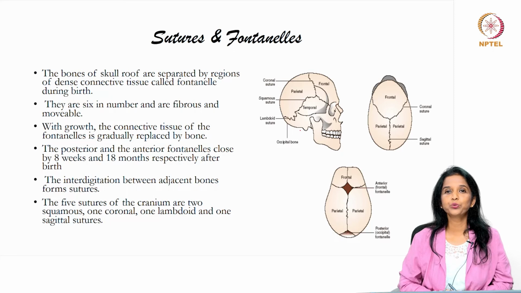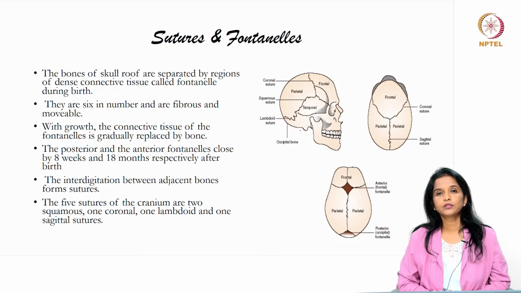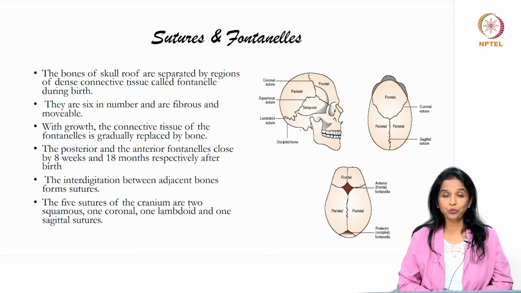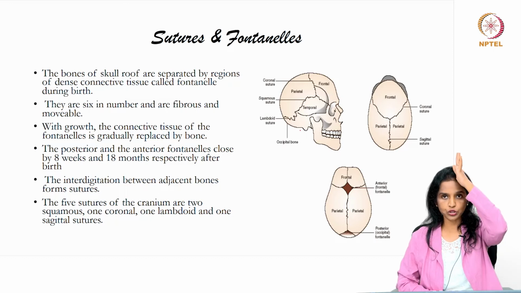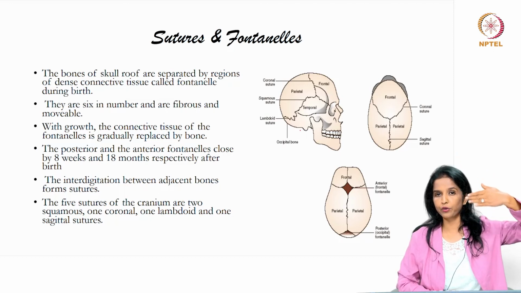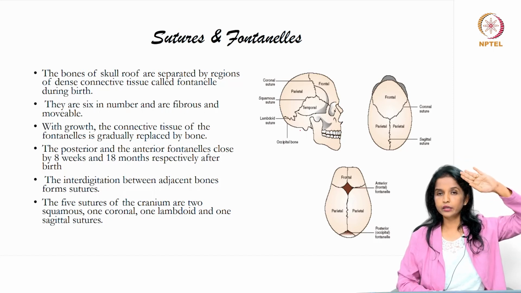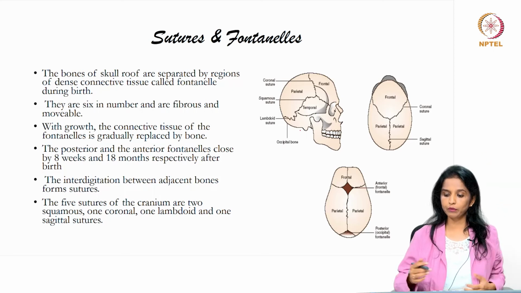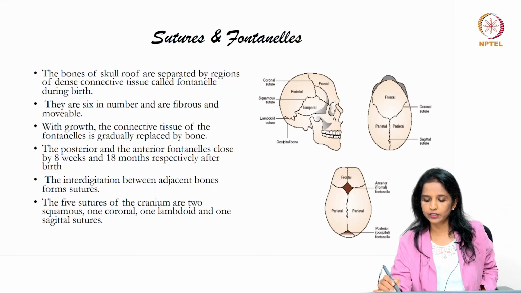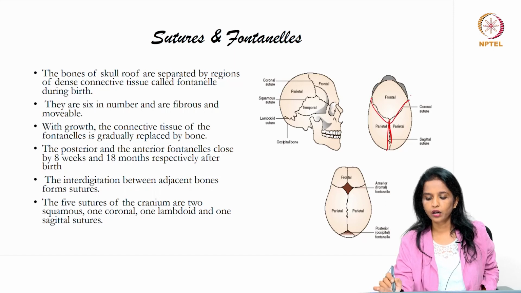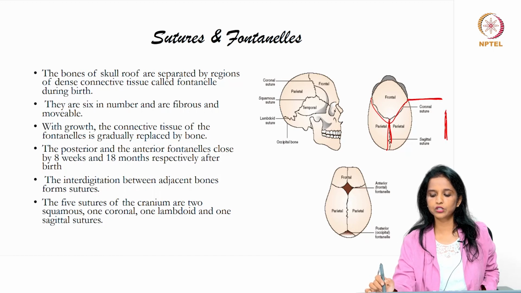And now we move on to another very interesting area. We kept reading about the sutures. The sutures we saw earlier were the sagittal suture, and then we saw the coronal suture. We know that the sagittal suture is connecting both your parietal bones, and then we have your coronal suture connecting the frontal bone with your parietal bone. So, this is your sagittal suture and this is your coronal suture. This is the coronal plane and this is the sagittal plane.